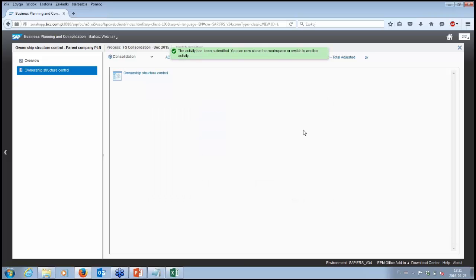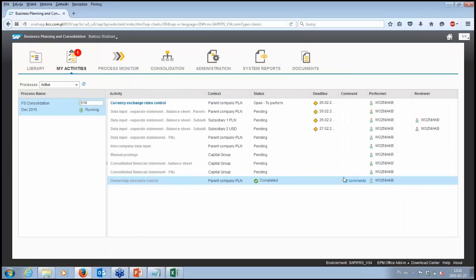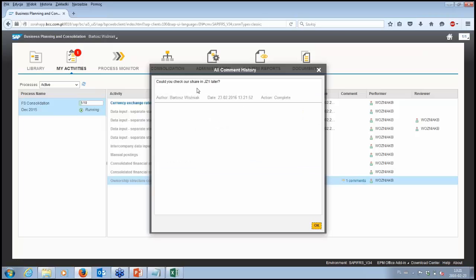For this step, I did not provide verification, so I close this activity. This comment is visible here. So you see the comment, who wrote it, when, and at which activity status it was written.